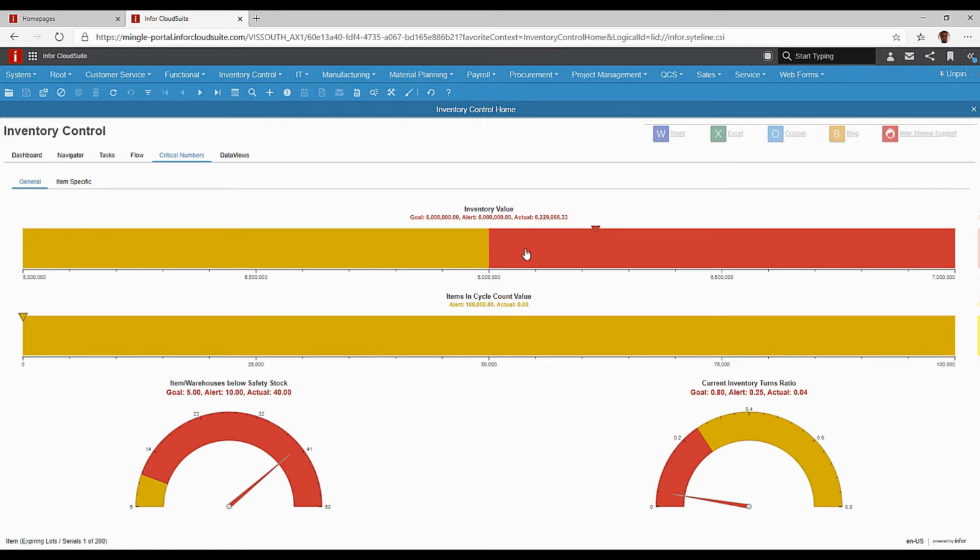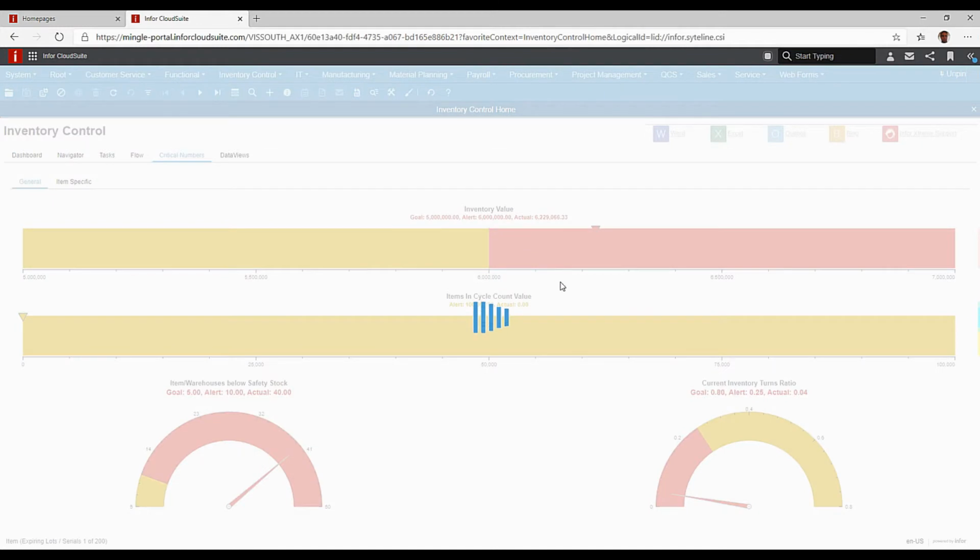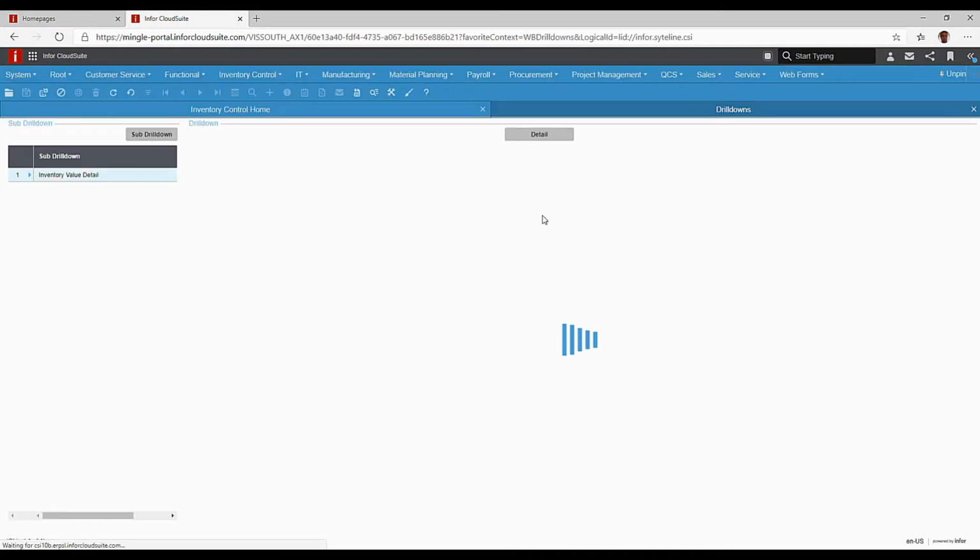So if I was to just click on that indicator, looking at it, it's somewhere around $6,200, which is $6.2 million worth of inventory. It's in the red zone because I can set the values of where I want it to be alerting me and showing up red when it's higher than the value I want to keep in inventory. If I want to drill into that and see what's making that up, I just click on that critical number,